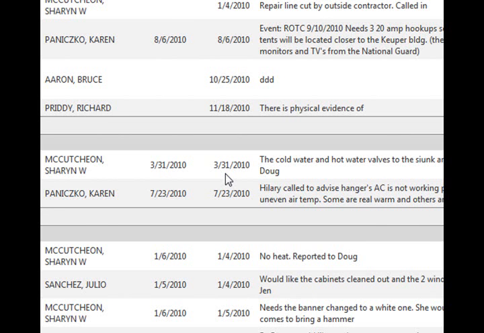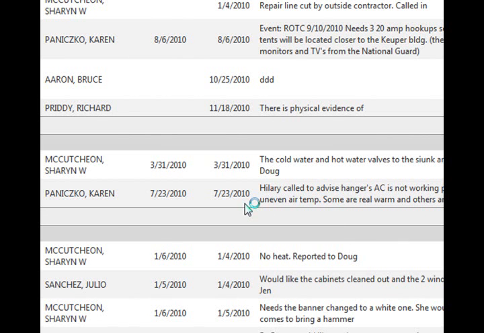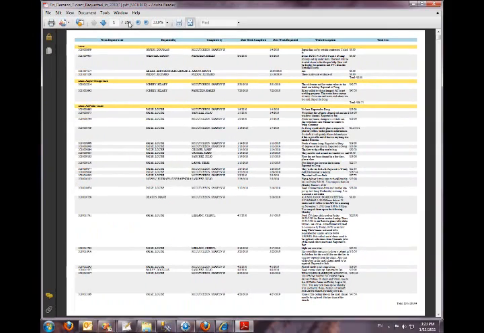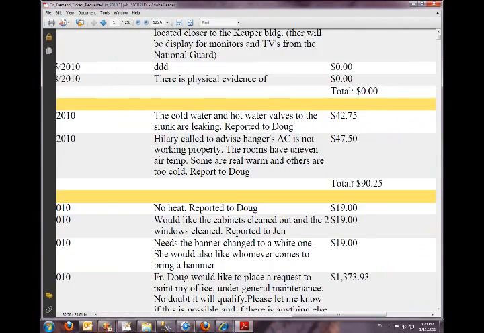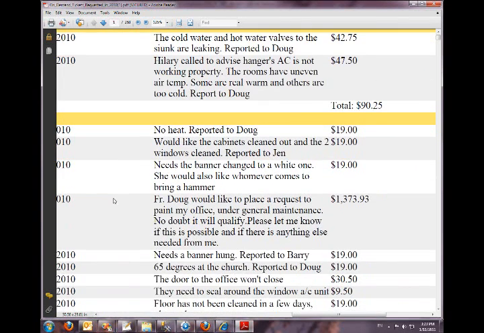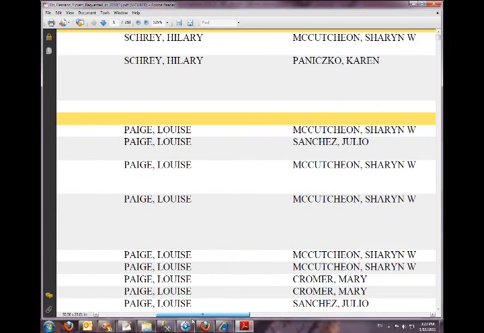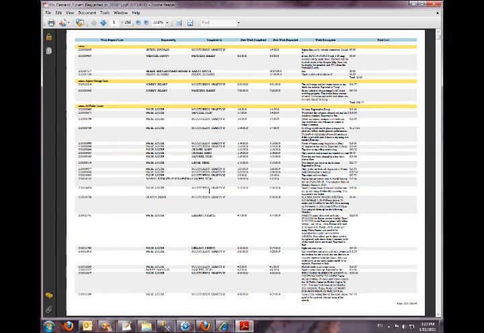And so once again, you'll get a short delay as the PDF is brought down. And so now we can open it up, and that should launch our Adobe Reader so that we can take a look at it. So here's how the data comes out in PDF form. You'll see that we've got 258 pages, so that's why it took a couple of seconds for it to generate. But all the data we just saw there is now available here in this PDF. All of our totals, you can see it's still broken down by our buildings. And so, of course, from here we can print it or email it or do whatever we would like with that file.